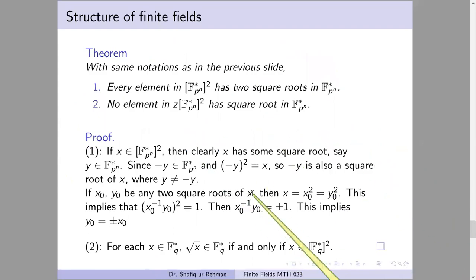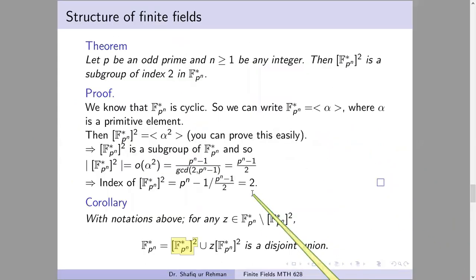And this theorem is also connected with the previous theorem, in which we proved that if p is an odd prime, then F_{p^n} star squared is a subgroup of index 2, meaning it is a proper subgroup. ये प्रॉपर सबग्रुप होगा और इसके दो कोसेट बनेंगे, एक कोसेट ये खुद ही होगा और एक इसके अलावा होगा, और कोसेट्स जो होते हैं वो ग्रुप की हमेशा पार्टीशन करते हैं।